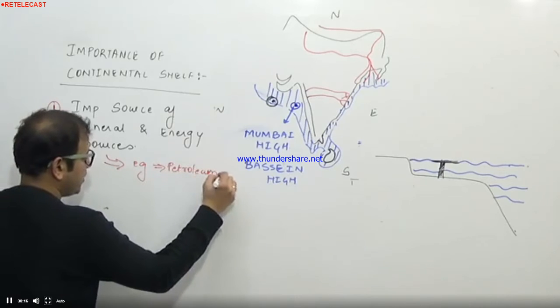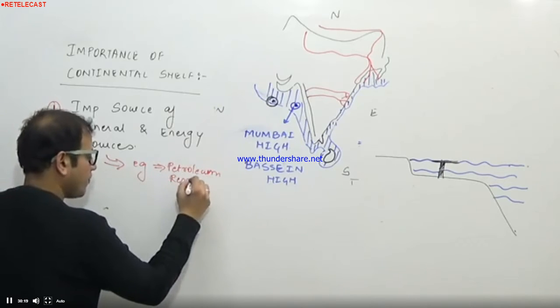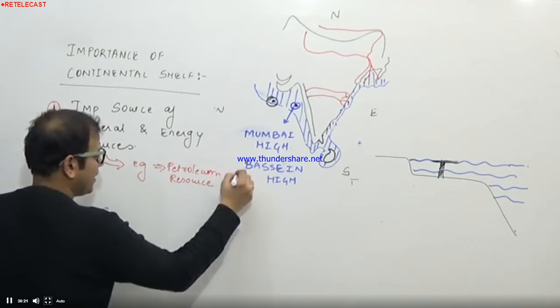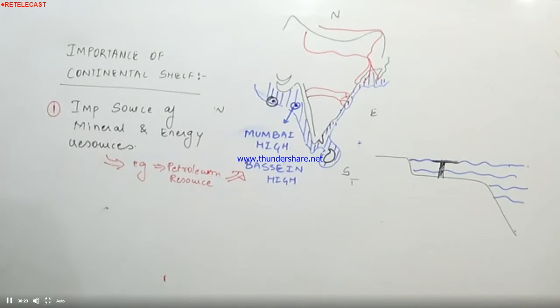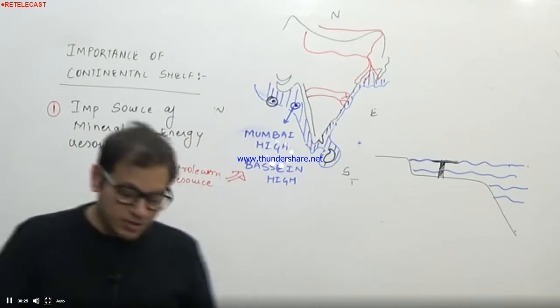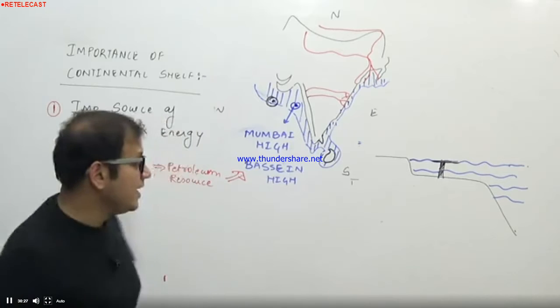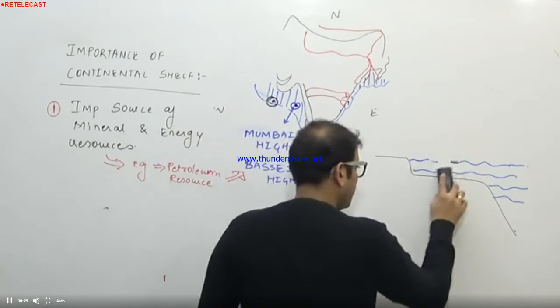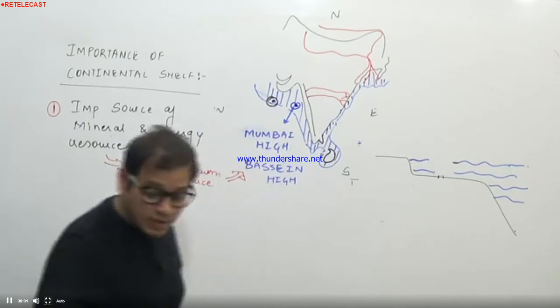Example is petroleum resource. Example, in India, these are the two largest producers of petroleum resource in India. The second is, forget about the petroleum resource now. The second is,